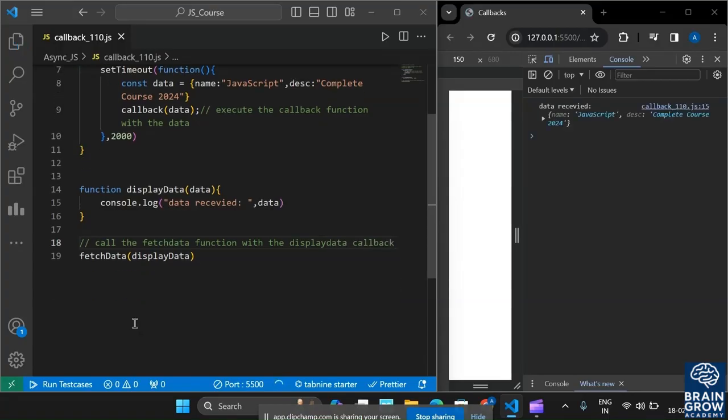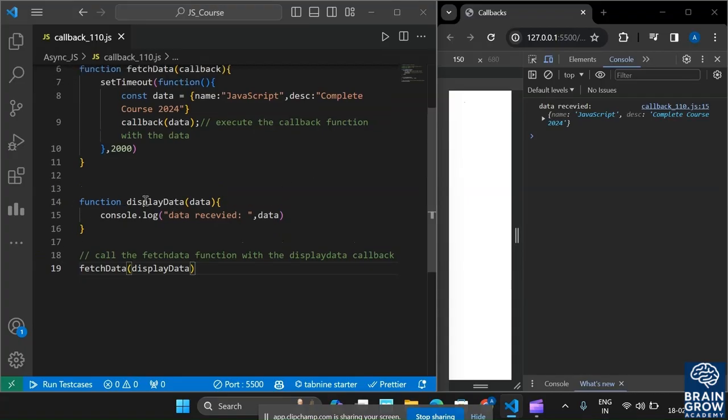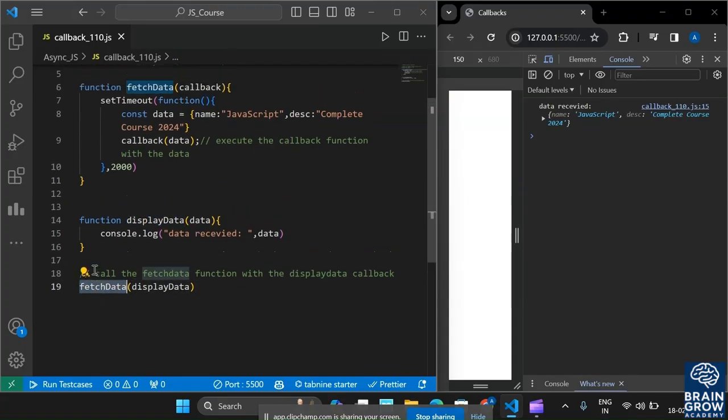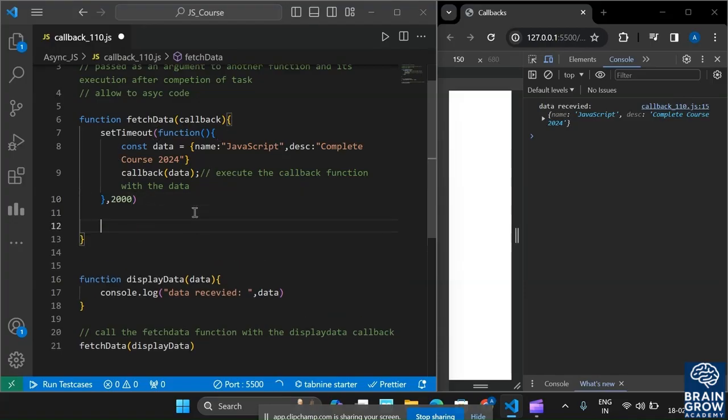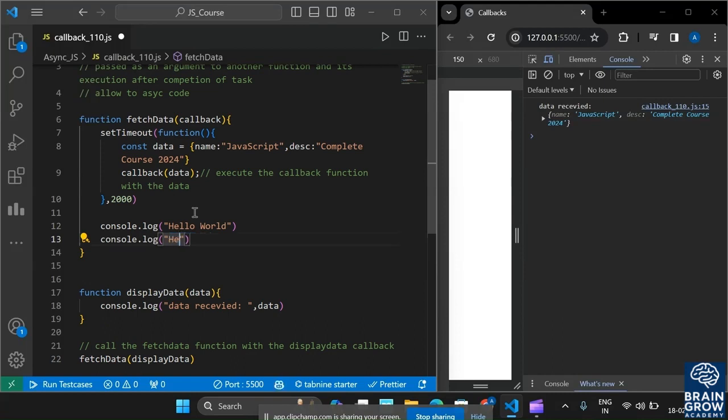and after that let us save, and you can see that after 2 seconds of delay it prints the data. So the fetchData function is called. Inside callback we need to pass this function so that it consoles the data, you can see that. And before that you can also console hello world, console hello.js codes. And now when I save the file, you can see that